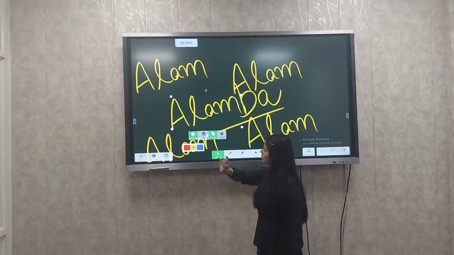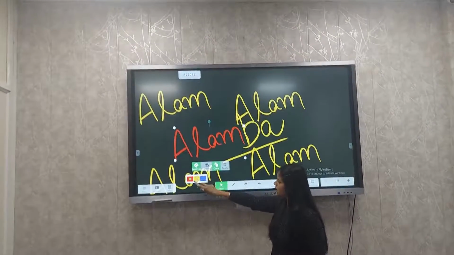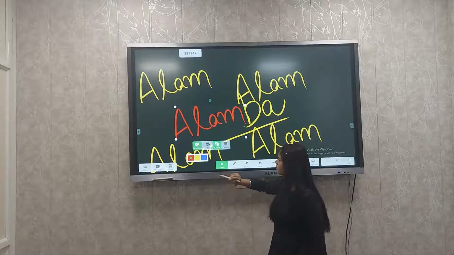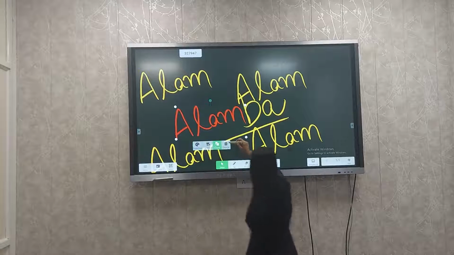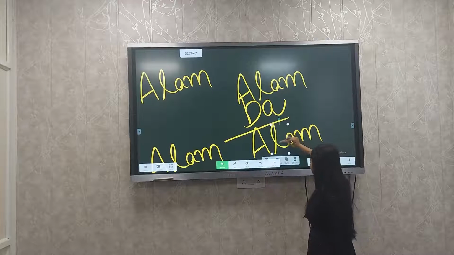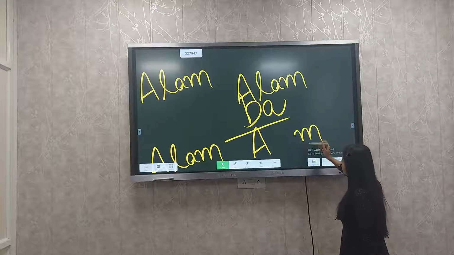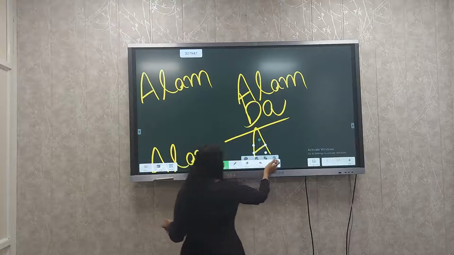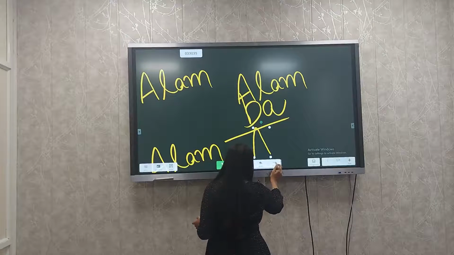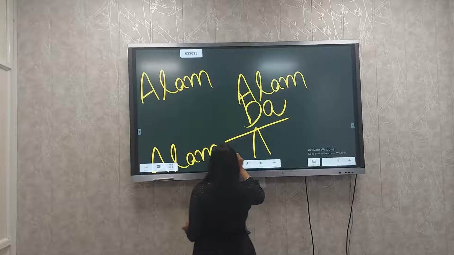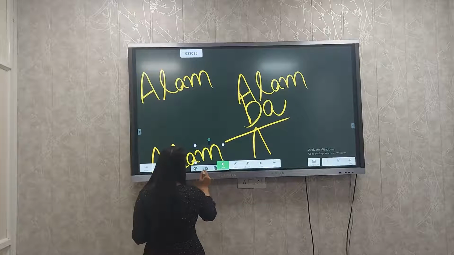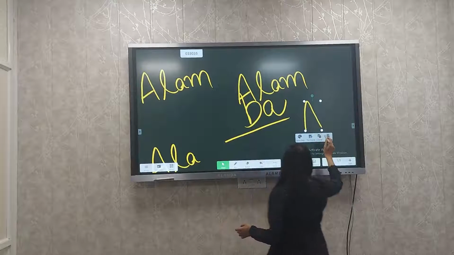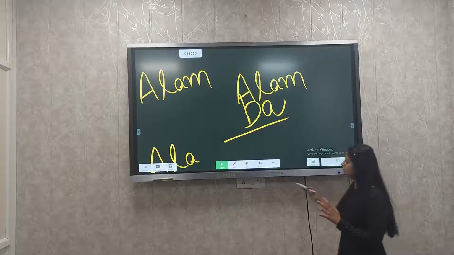Then if I want to change the color, click on swatches and select the color. We have 3 different color options here: blue, yellow and red. Okay. Then if I go to delete, I will delete this. Then again select this, delete this. It means that I can select a particular or a single word also, like this. So this is the role of the pen here.